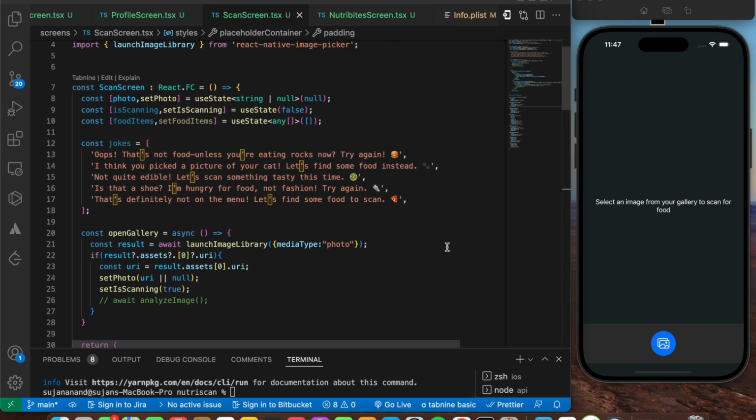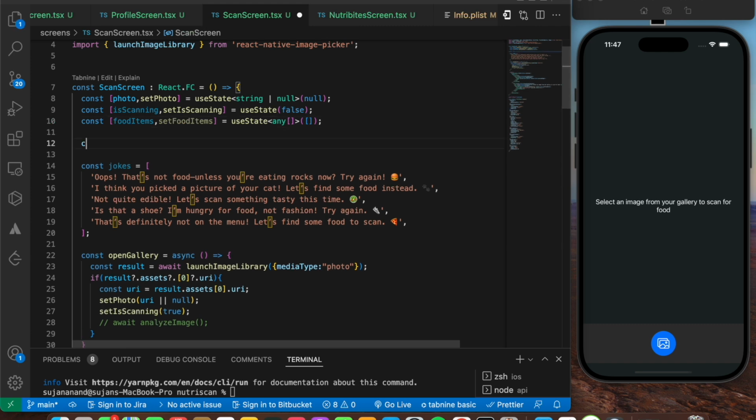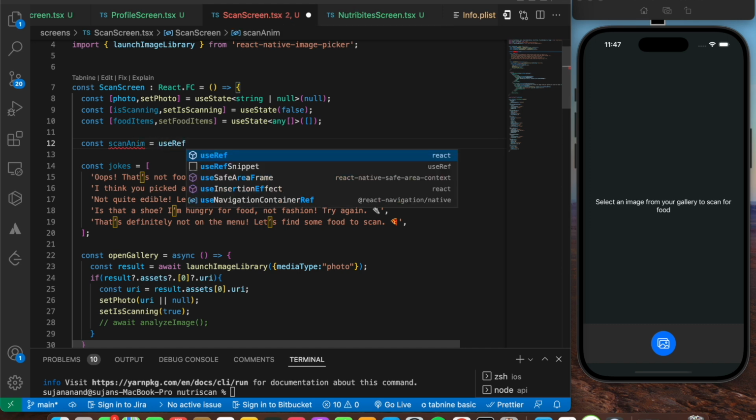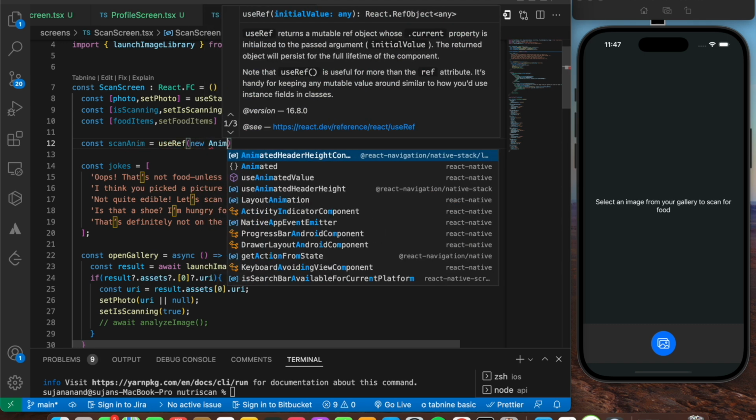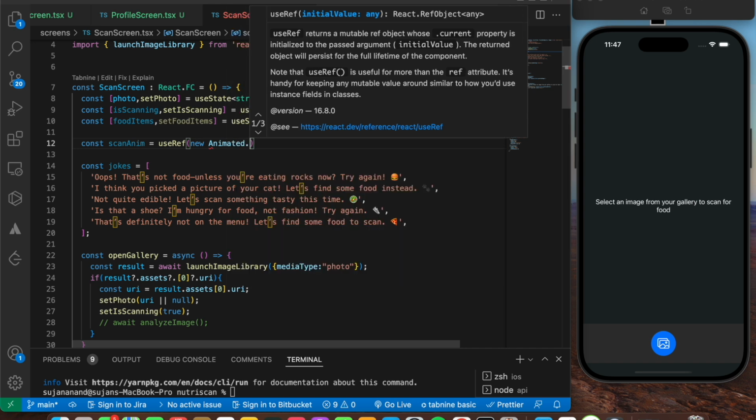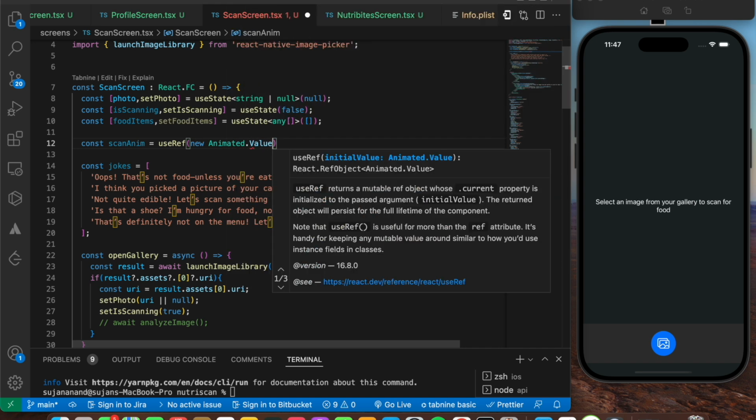So now let's go ahead and define the function that is analyzeImage, or before that, let's initialize the required things for the animation part. So as you saw in the demo video, once we choose an image, automatically that line should keep on going onto the image, showing the user that the image is currently being scanned. So for that, I'm going to say const scanAnimation is going to be equals to useRef, import that from React, and this is going to be equals to new Animated.Value of 0